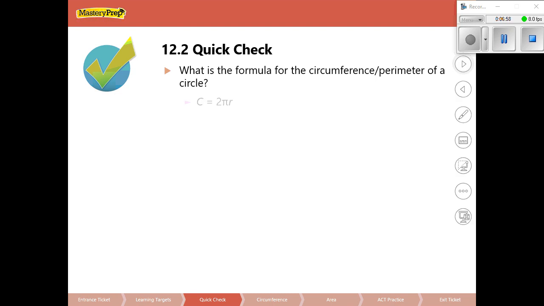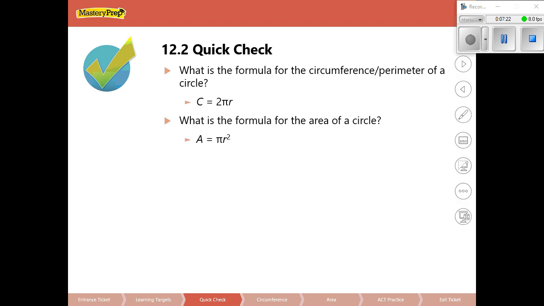Circumference and perimeter is 2 pi r. The circumference of a circle is 2 pi r. Now, we can actually write it another way. So pi r, that is still dealing with the circle, but that would be not perimeter, but area. Area is